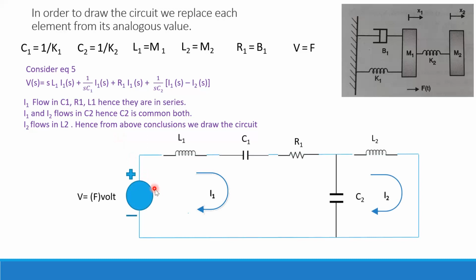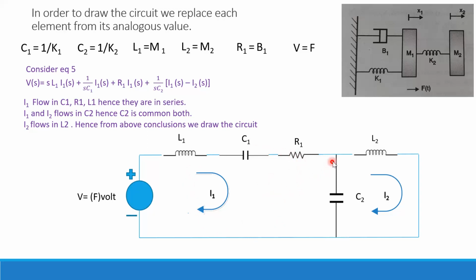Here force is analogous with voltage, so there is a voltage difference, and hence there will be current I1. So this will be the part where I1 current will flow, and this will be the part where I2 current will flow after coming from this node 2. So this is your node 1 and this is your node 2. Okay, since L1, C1, R1 are in series, I have put them in a series network. So L1, C1 and R1. I1 current will flow through these three components.